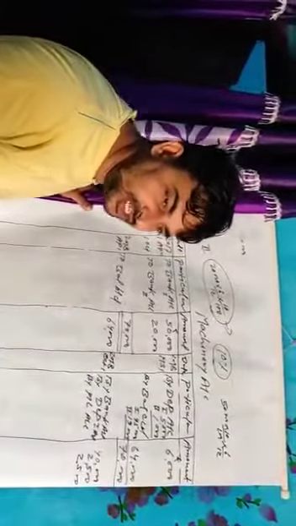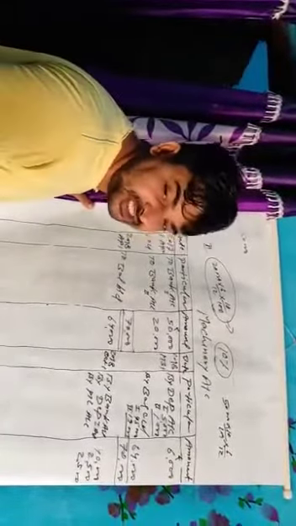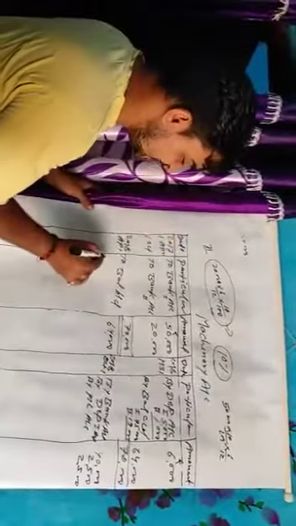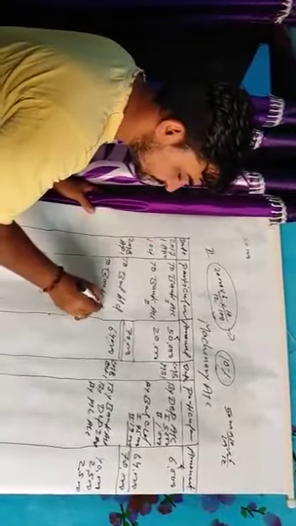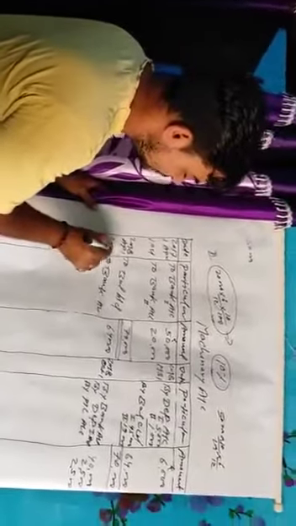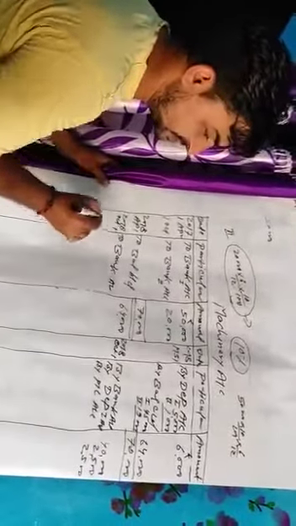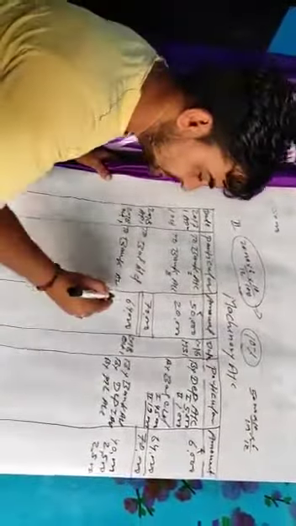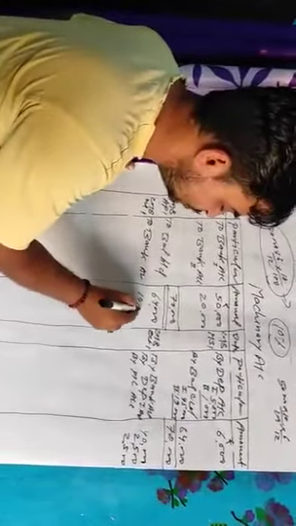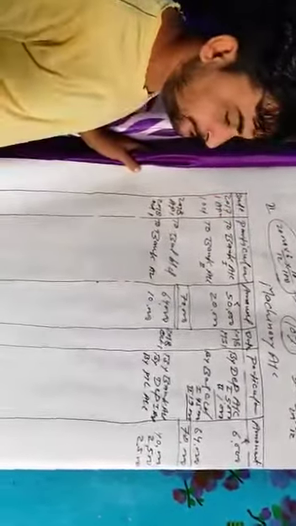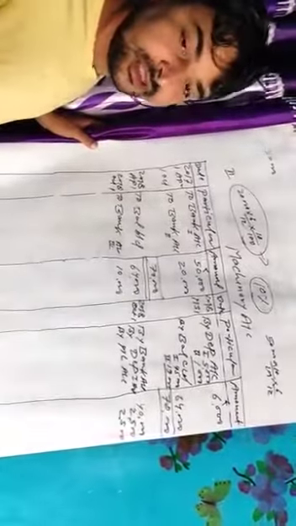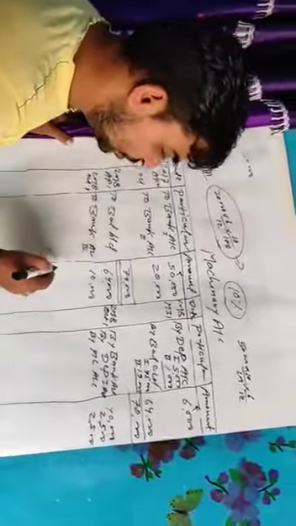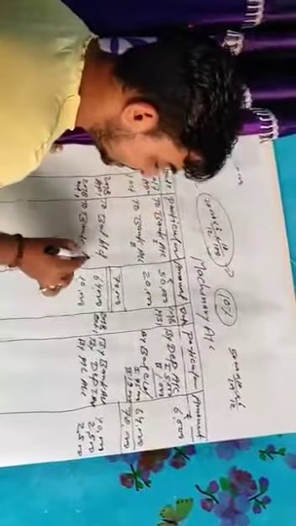Now one more part is given. Suppose on the date of sale one new machinery has been purchased. So one new machinery has been purchased, then what do you have to write here? To bank account. When? 2018 October 1st. Suppose you have purchased a new machinery of 10,000. Now this is your third machinery. Clear?